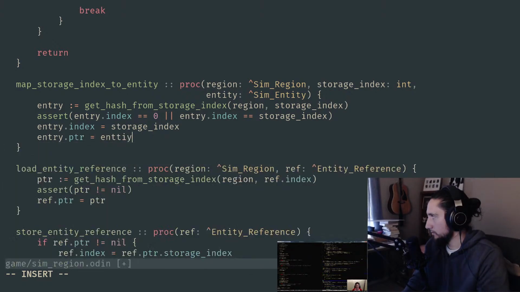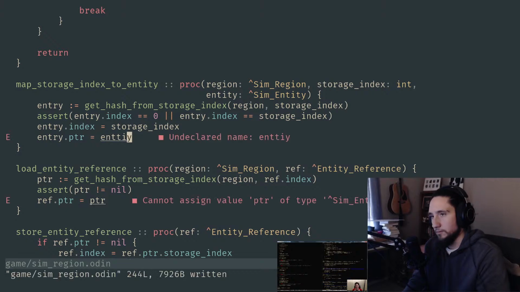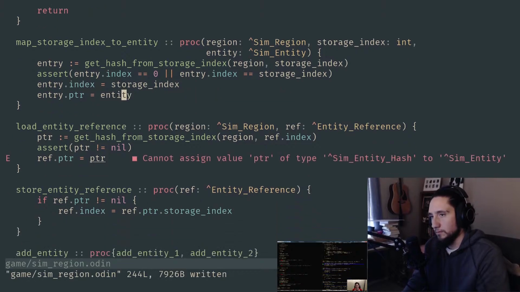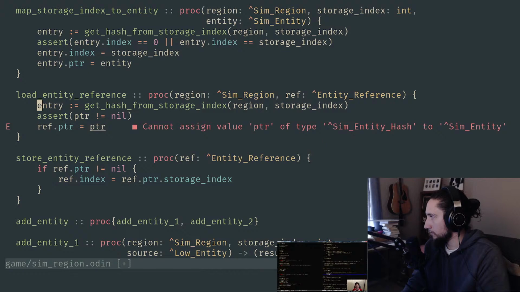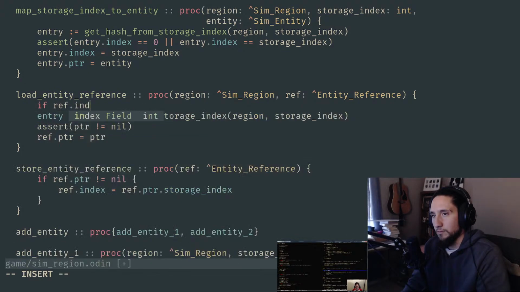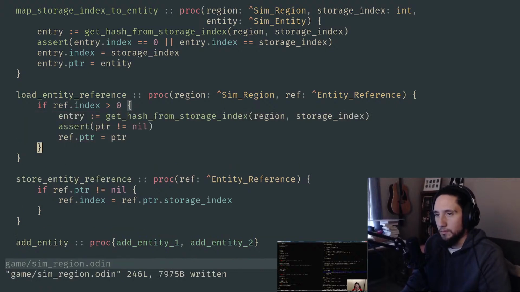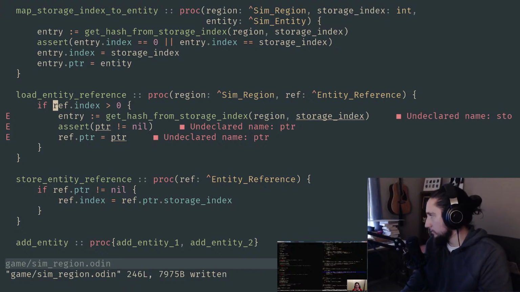And now that this is the trickier part, like I was saying, store entity reference is easy. Load entity reference is going to be the hard one. Basically what we want to do here, again, same thing we were doing before, where basically we grab out ref index, but now let's actually check. Let's make sure that ref index is actually something we care about now. So assuming that ref index actually is indexing into an entity, we're gonna get out its hash slot, and then we're gonna see, okay,